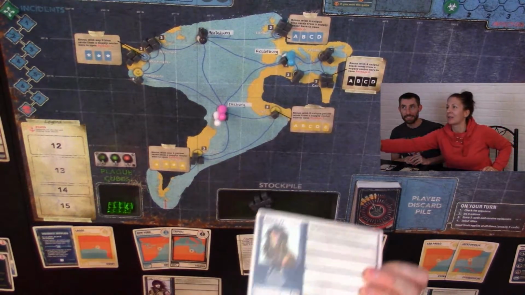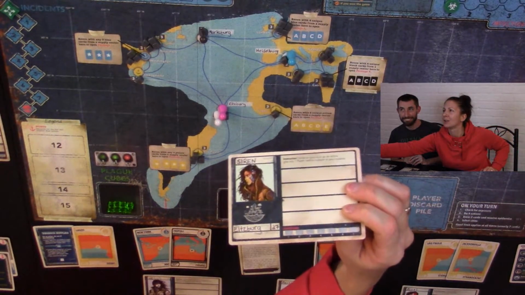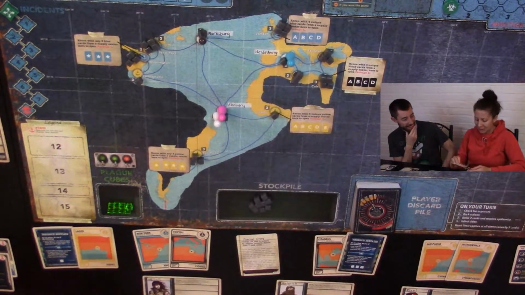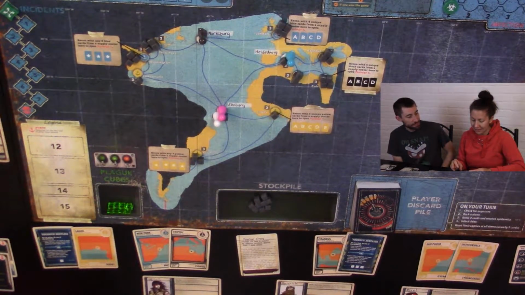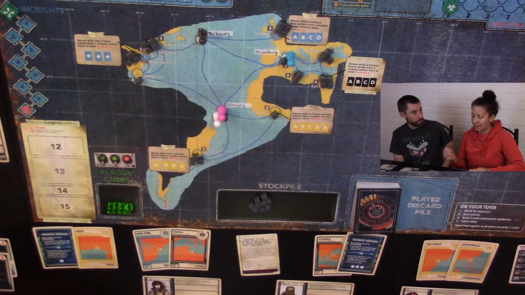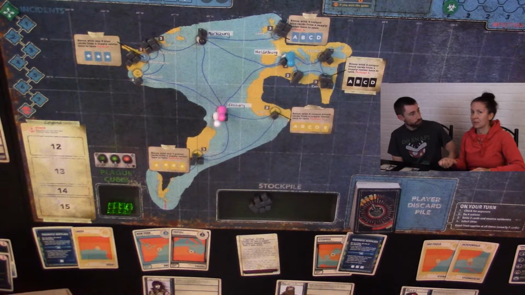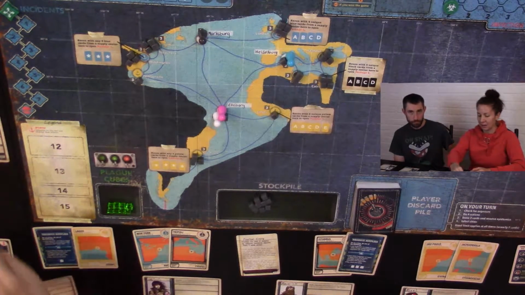Her name is Siren. Oh boy, I don't do well with showing the camera. Her name is Siren. She is from Eltzberg. She's 27, and she is the instructor. Once on my turn, as an action, I can give any one player card to a player in my location. So she's good when someone's gonna be building a...